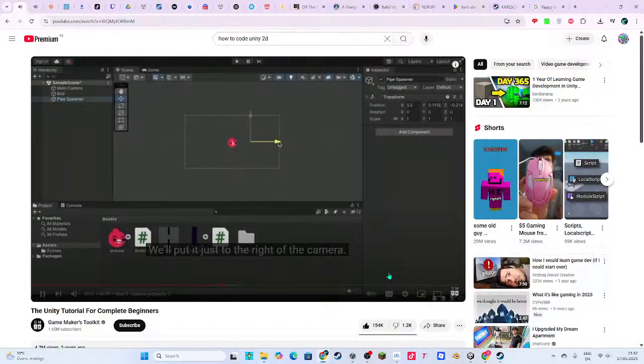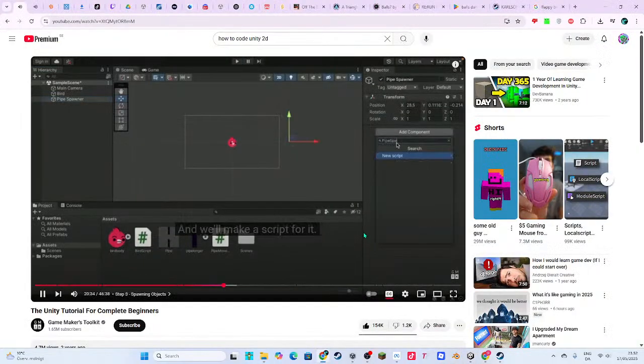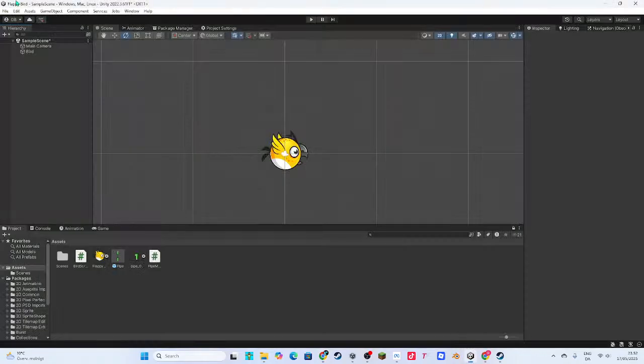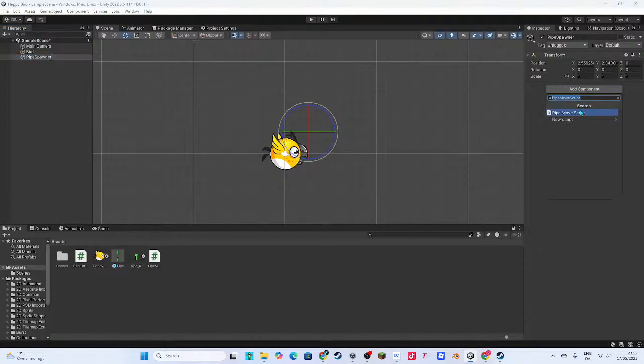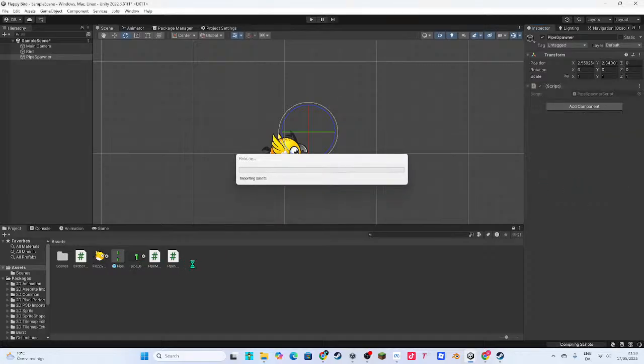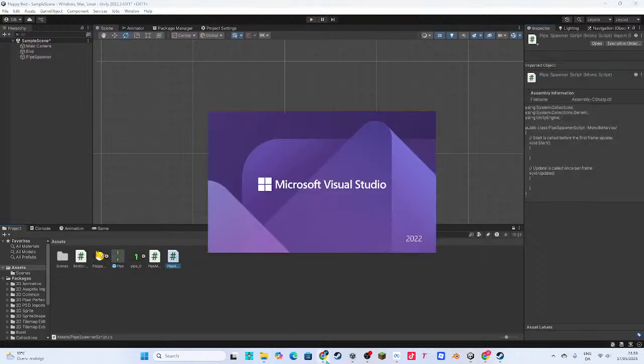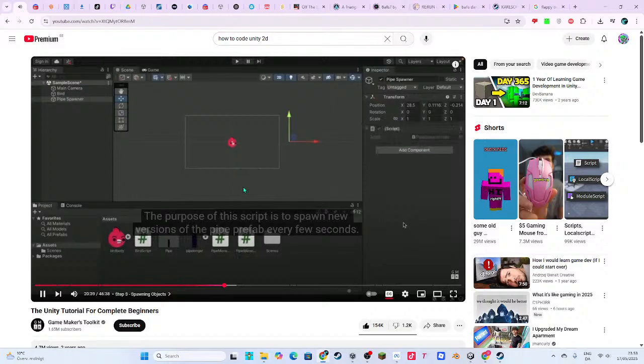Let's make a new game object called Pipe Spawner. We'll put it just to the right of the camera, and we'll make a script for it. The purpose of this script is to spawn new versions of the pipe prefab every few seconds.